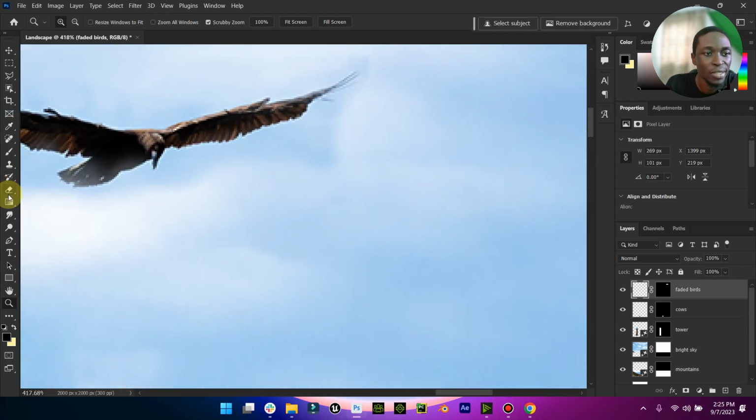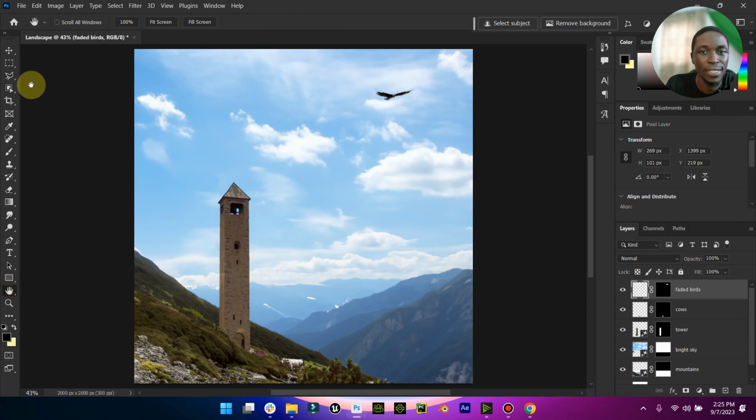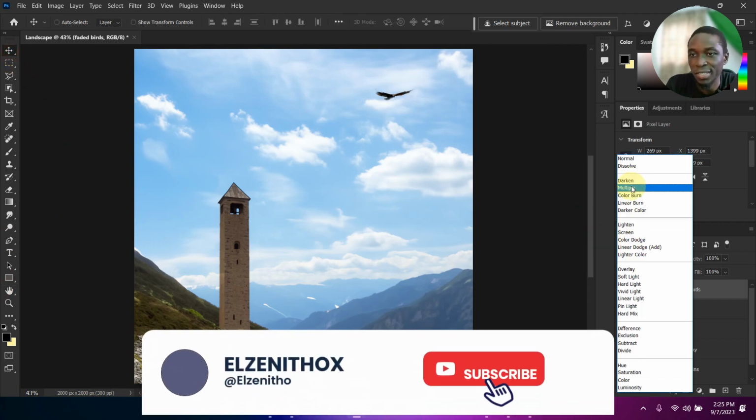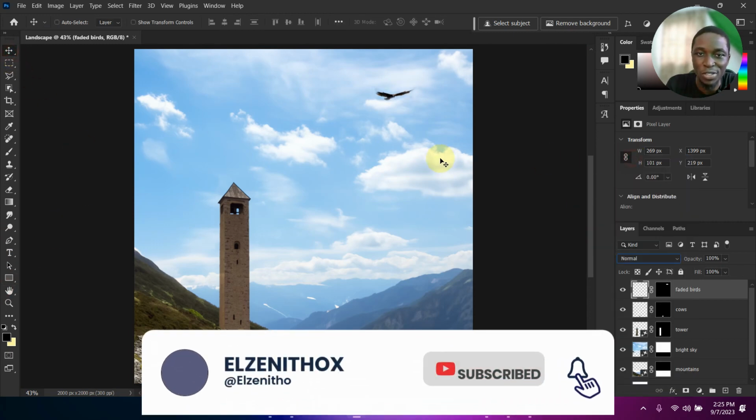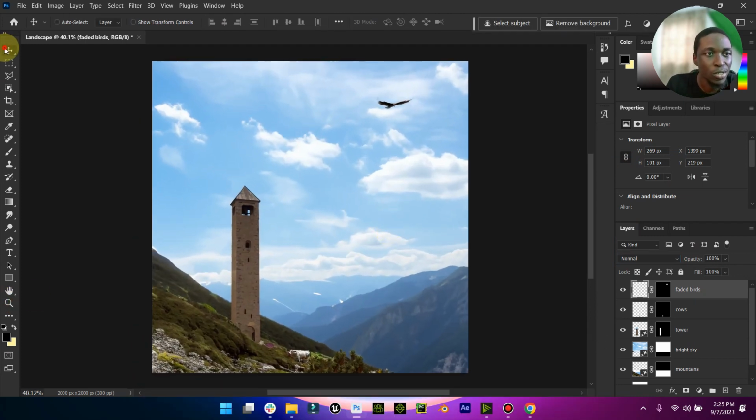So let's take our eraser tool, something like this. All right, and you can then multiply if you want, or let's just leave it like this. So far it's looking good. I mean, it's looking really cool, really cool. I just like the way it is already,